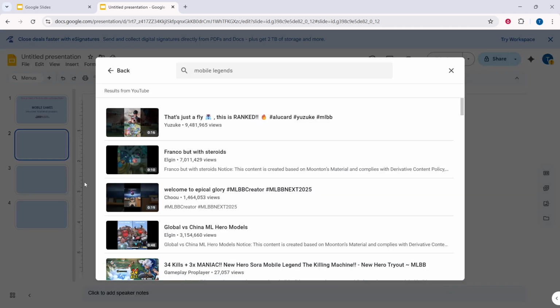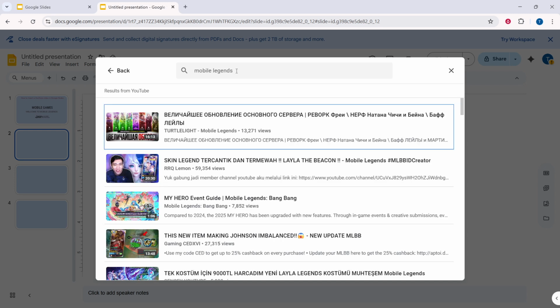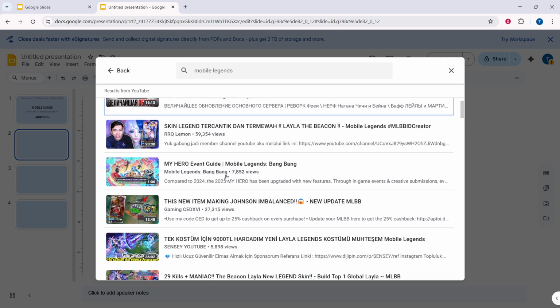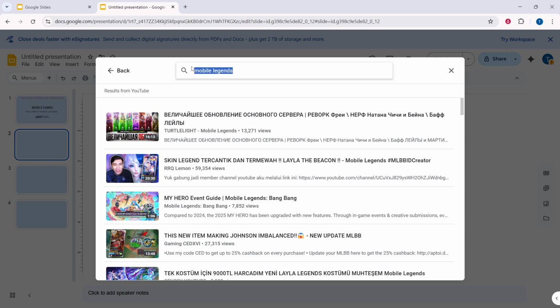The most straightforward and commonly used method is inserting a video directly from YouTube, given its wide range of content. In this pop-up, you'll notice an option labeled By YouTube Search. Here, you simply type in the keywords related to the video you're searching for. This handy feature allows you to explore a variety of videos right within Google Slides without the need to leave